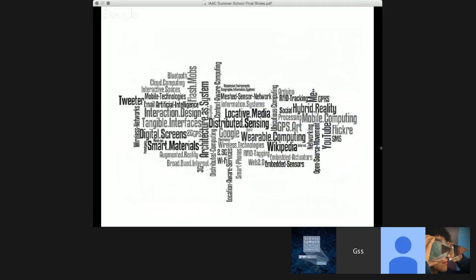This type of research is significant because a lot is changing in how we produce and consume our spaces of urban life, and this is well manifested in new technologies and new terminologies that are constantly surfacing in our urban and architecture-related discourse, ranging from conceptual frameworks such as wearable computing, augmented realities, smart materials, or tangible interfaces, to well-branded technologies that we deploy on a day-to-day basis, such as virtual platforms like Twitter, Facebook, Instagram, and YouTube, or actual technologies such as broadband internet, Wi-Fi wireless connection, interactive digital screens, and of course, GPS locationing.